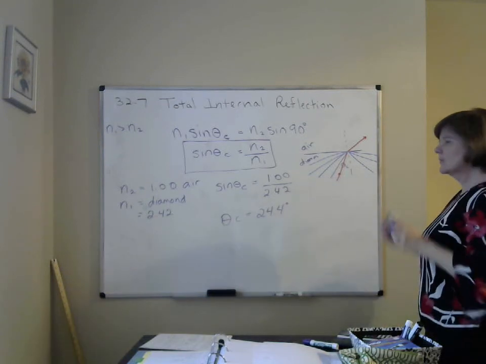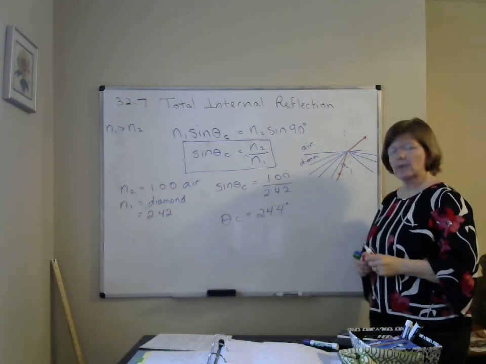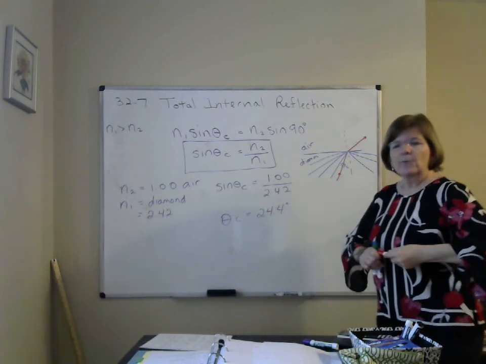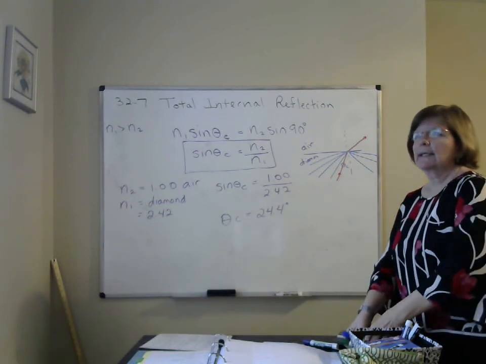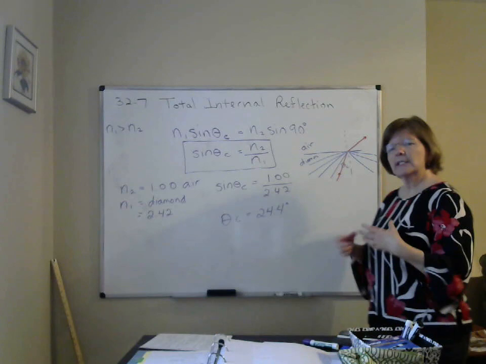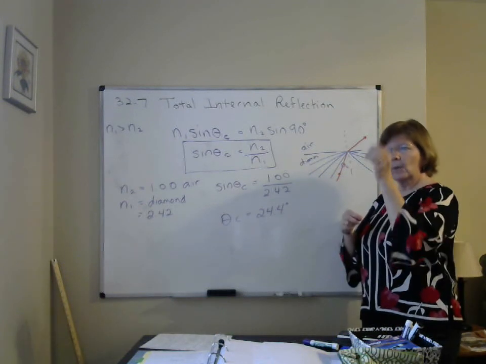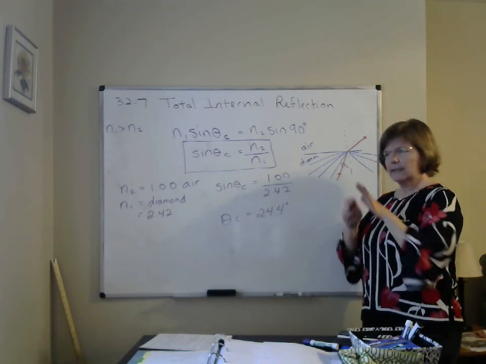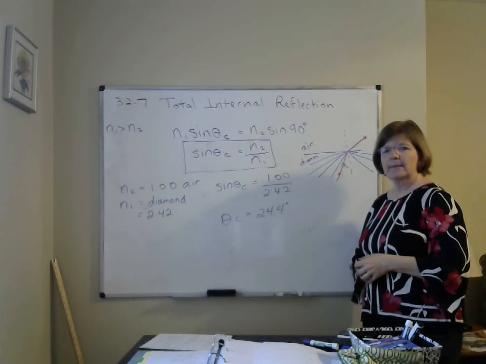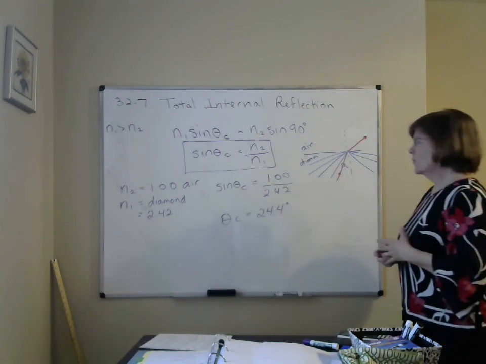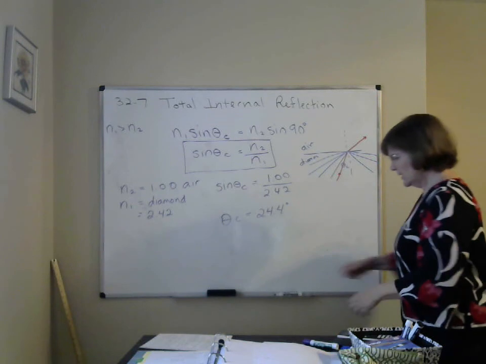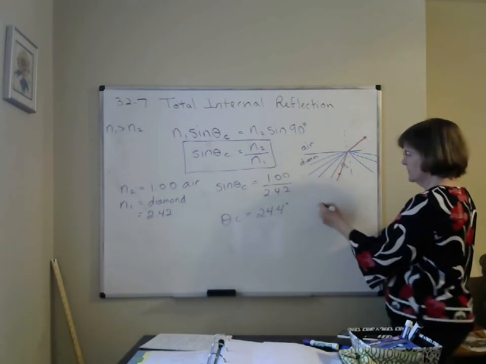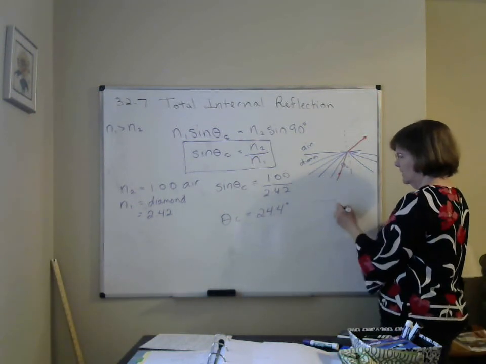The smaller the critical angle is, the harder it is for light to escape. The reason that diamonds are so sparkly is really two things. Part of it's dispersion. When white light enters a diamond, it separates the colors like a prism. But the other part is diamonds are cut in such a way, and diamond cuts look sometimes something like this,